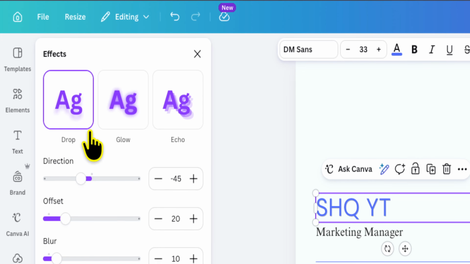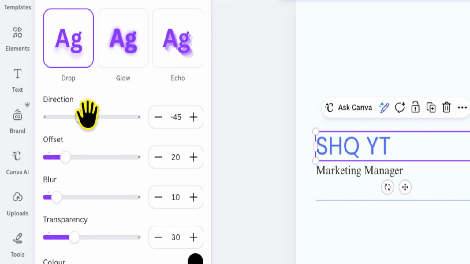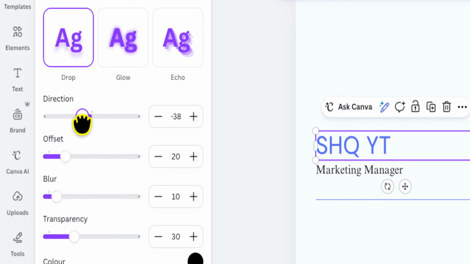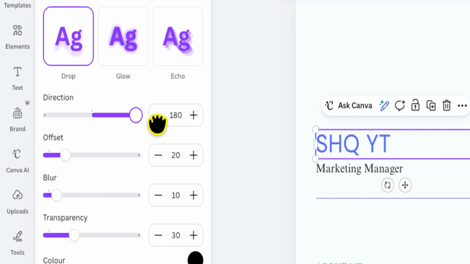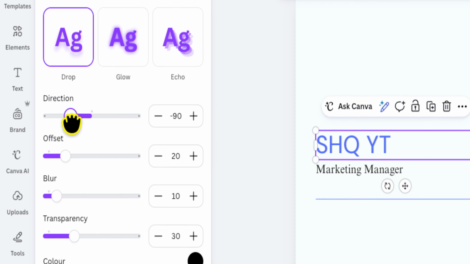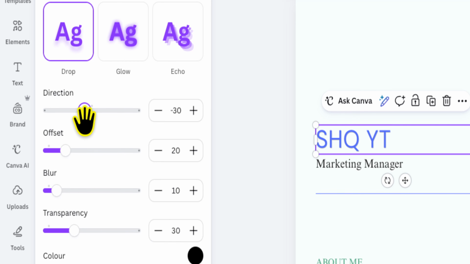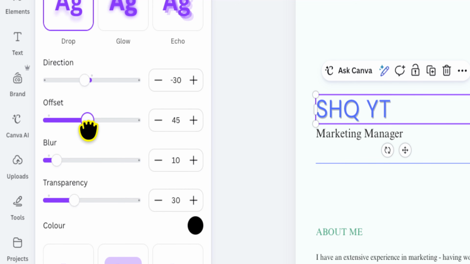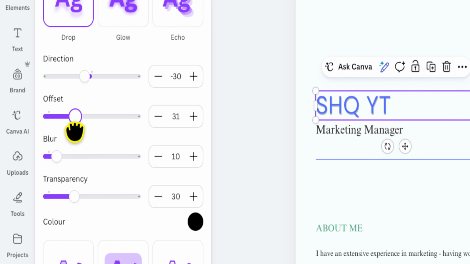So you click on drop, and now you can customize these as you wish using the sliders. So the first is direction. You can choose the direction of the drop,